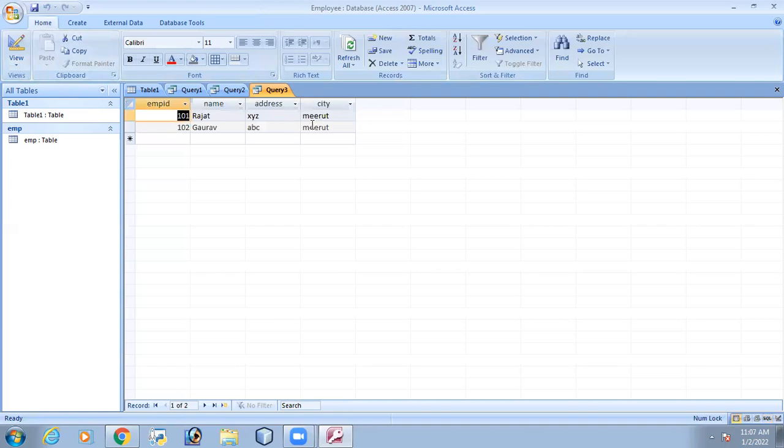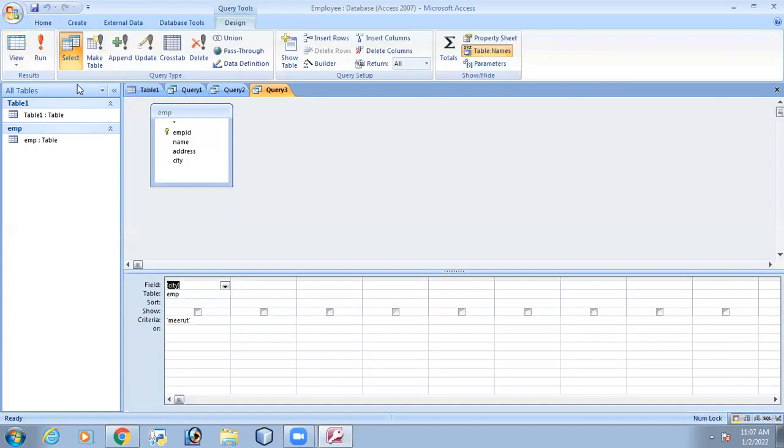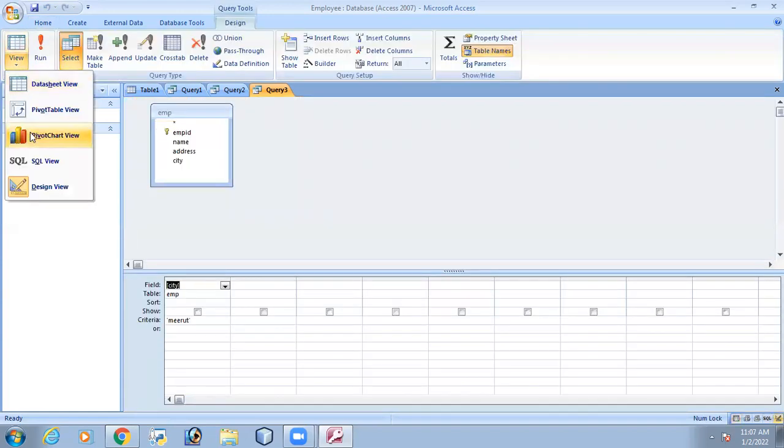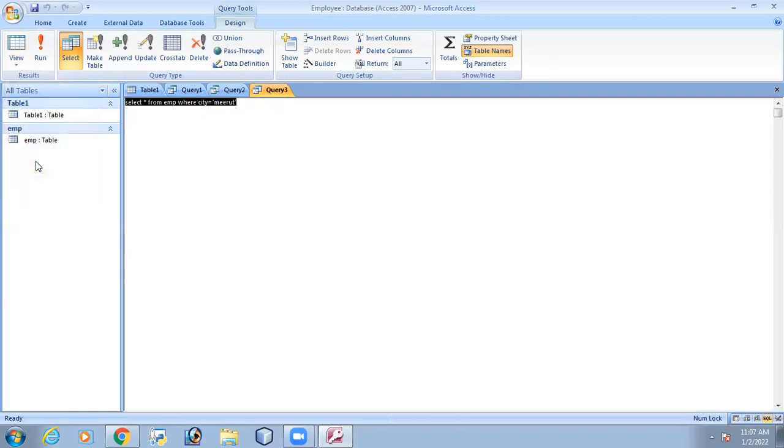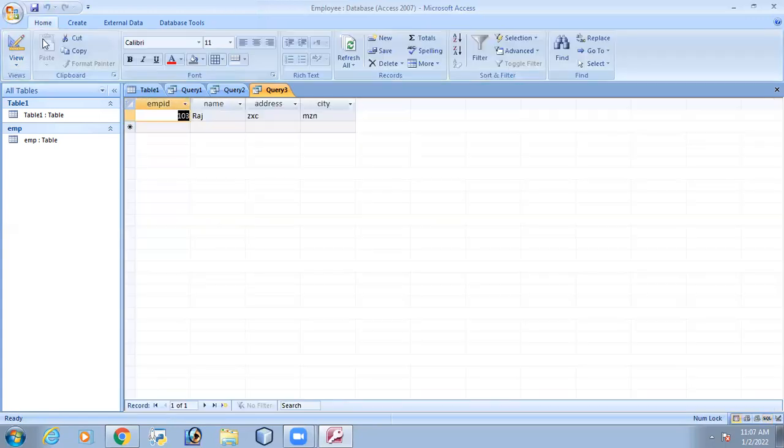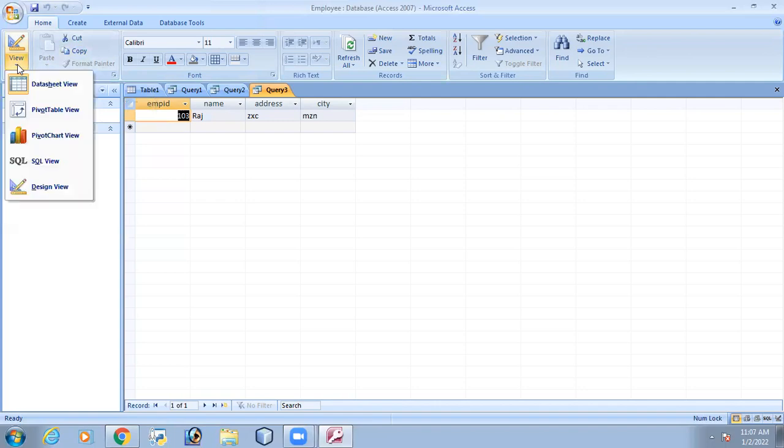You see only the Meerut city's employees are shown here. Now what another thing? If you want to see only Muzaffarnagar, MZN, only MZN city's information is shown here.